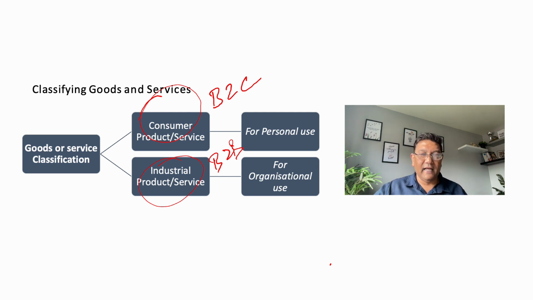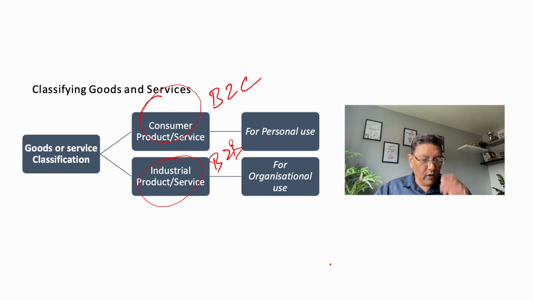The business to consumer model is where you are selling directly to the consumer, or you're selling something online and people buy from your website or eBay or Amazon, or if you are selling from a traditional store, a high street shop, that is business to consumer as well. So there are two types of goods and services, and that differs based on our products and what type of services we are coming up with.